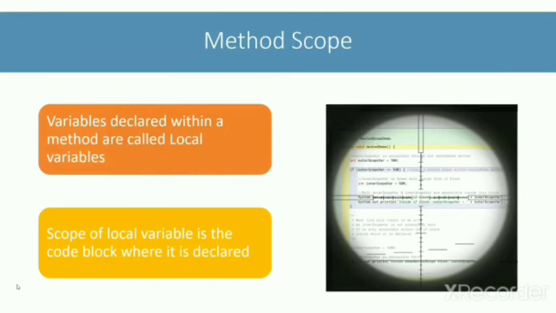The variables that are declared within a method are called local variables. Generally, local variables are accessible within the set of braces they are declared in. Earlier in the course, in the code blocks and tokens lecture, we discussed that opening and closing curly braces define a block of code. The scope of a local variable is the code block within which it is declared. The variable is not accessible outside the block. Let's see this in a BlueJ program.